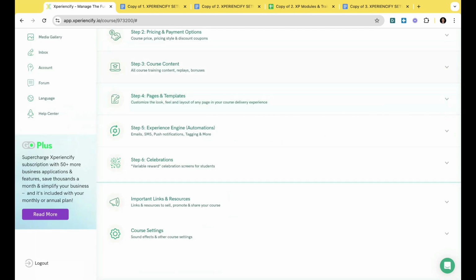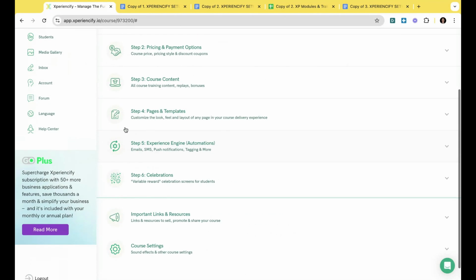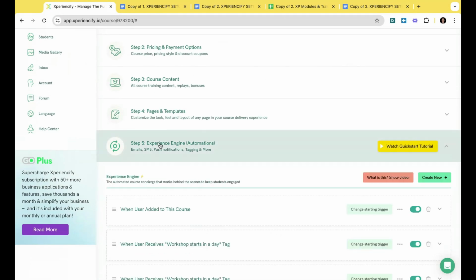Step number 5 is what we call our experience engine. Step number 5 is where we create those experiences that nudge our student along, that help them understand where their progress is, that give them encouragement, et cetera.